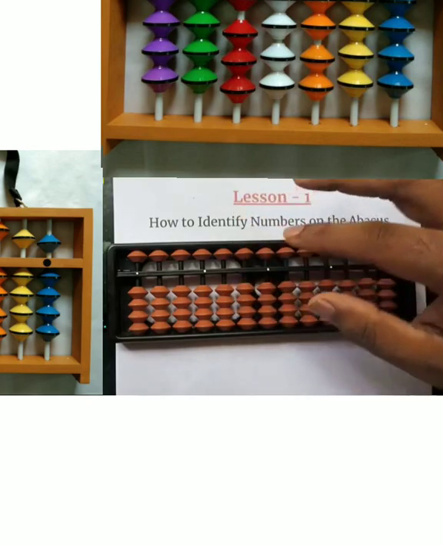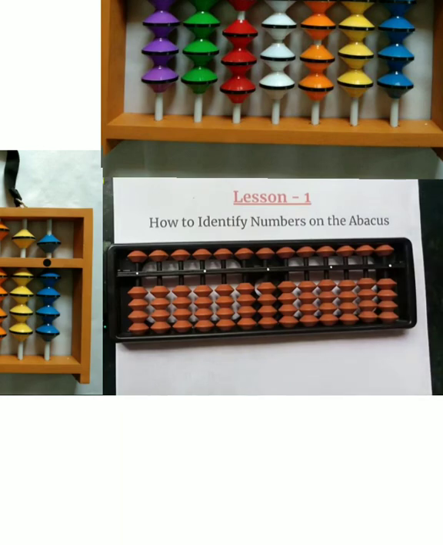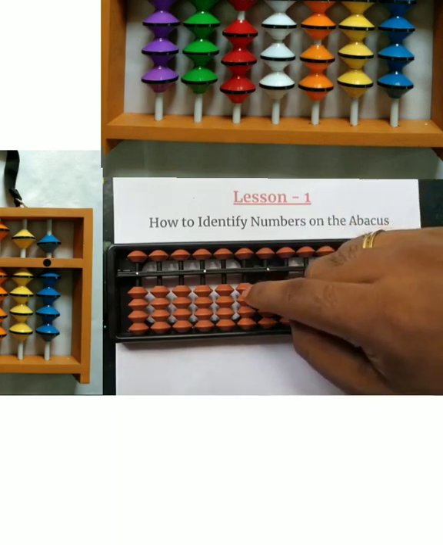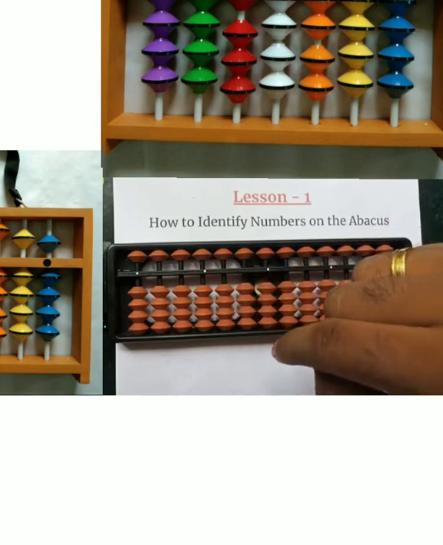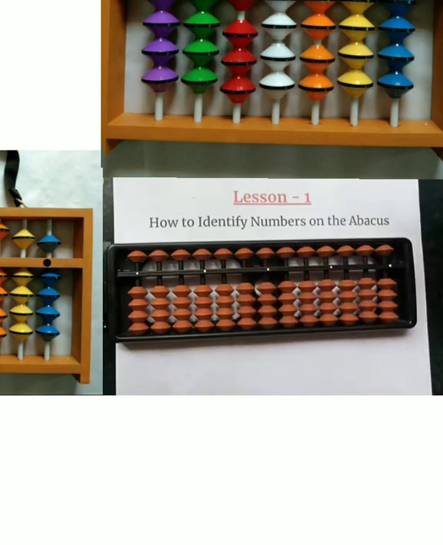So in case of 3 digits, as you must have guessed by now, we'll be making use of 3 rods: the units place rod, the tens place rod, and the hundreds place rod. Okay, so let's take an example. Suppose we need to show the number